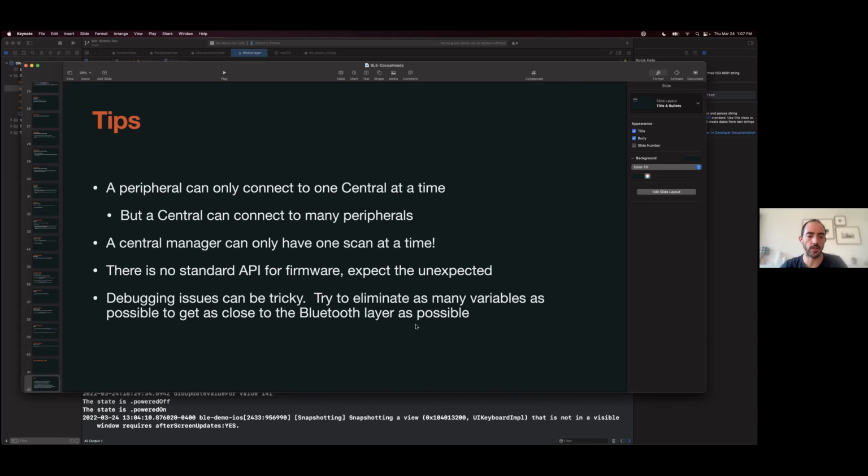Back to the no standard API for firmware. Have you ever had to or tried to reverse engineer a peripheral's communication, like using characteristics and stuff? Not to discover the API, but... Yeah, the last project that I've been on has documentation that says a behavior should happen, and then you run into this. It gets into the last tip about debugging, where the behavior is not happening as you might expect, and so there's a bit of reverse engineering going on